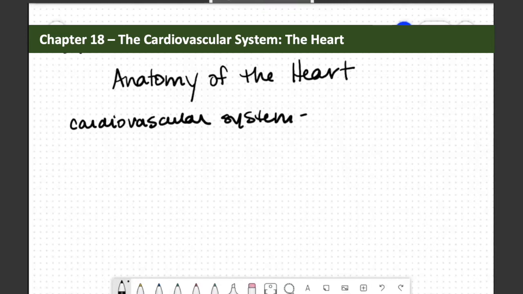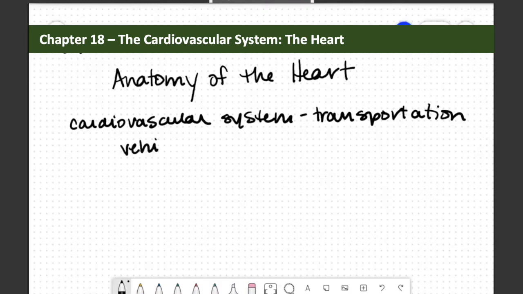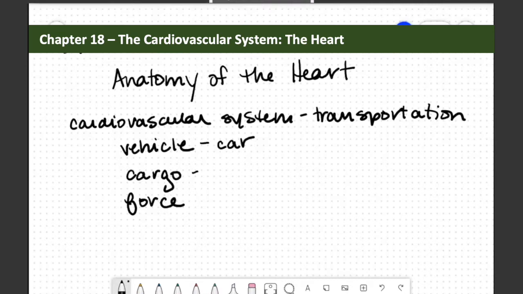So when we're talking about the cardiovascular system, we are saying it is the main form of transportation that we have in our body to get things from point A to point B. If you think about transportation from a real life situation, there's always going to be a vehicle that is moving. There's going to be some sort of cargo that is being moved. And there's always going to be some sort of force to make something go. So in a real life example, you're going on a road trip. The vehicle would be your car, and it's the item that is moving from point A to point B. The cargo for you would be you going on a road trip, and the force would be the gas